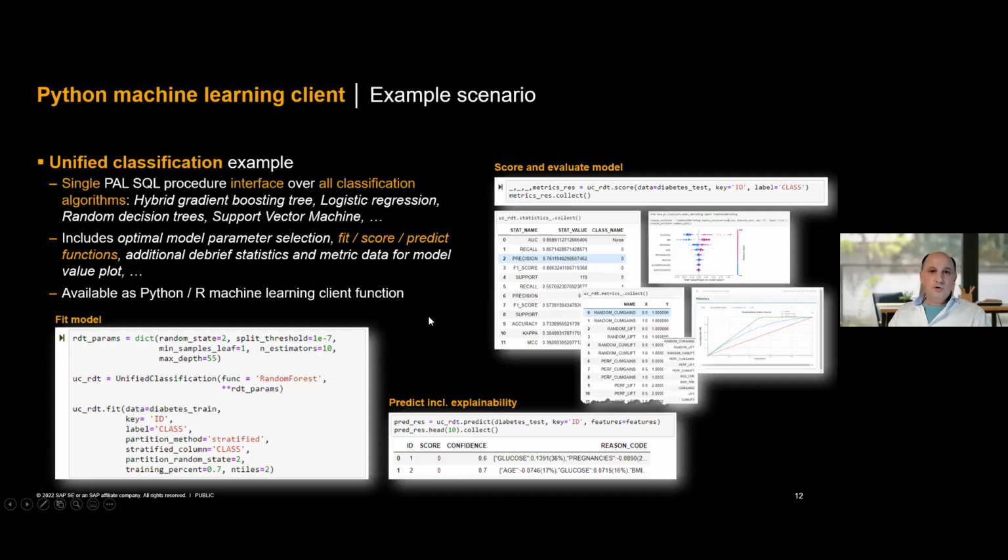And here's a first example, which we'll see in a second. Basically, this showcases how a data scientist would work and interact with a specific algorithm. Here's the classification algorithm from Python and the data and the algorithms in HANA Cloud. So all the execution happens in HANA Cloud and is instructed from Python as a language or R as a language. And I'd like to showcase and explain this now directly from